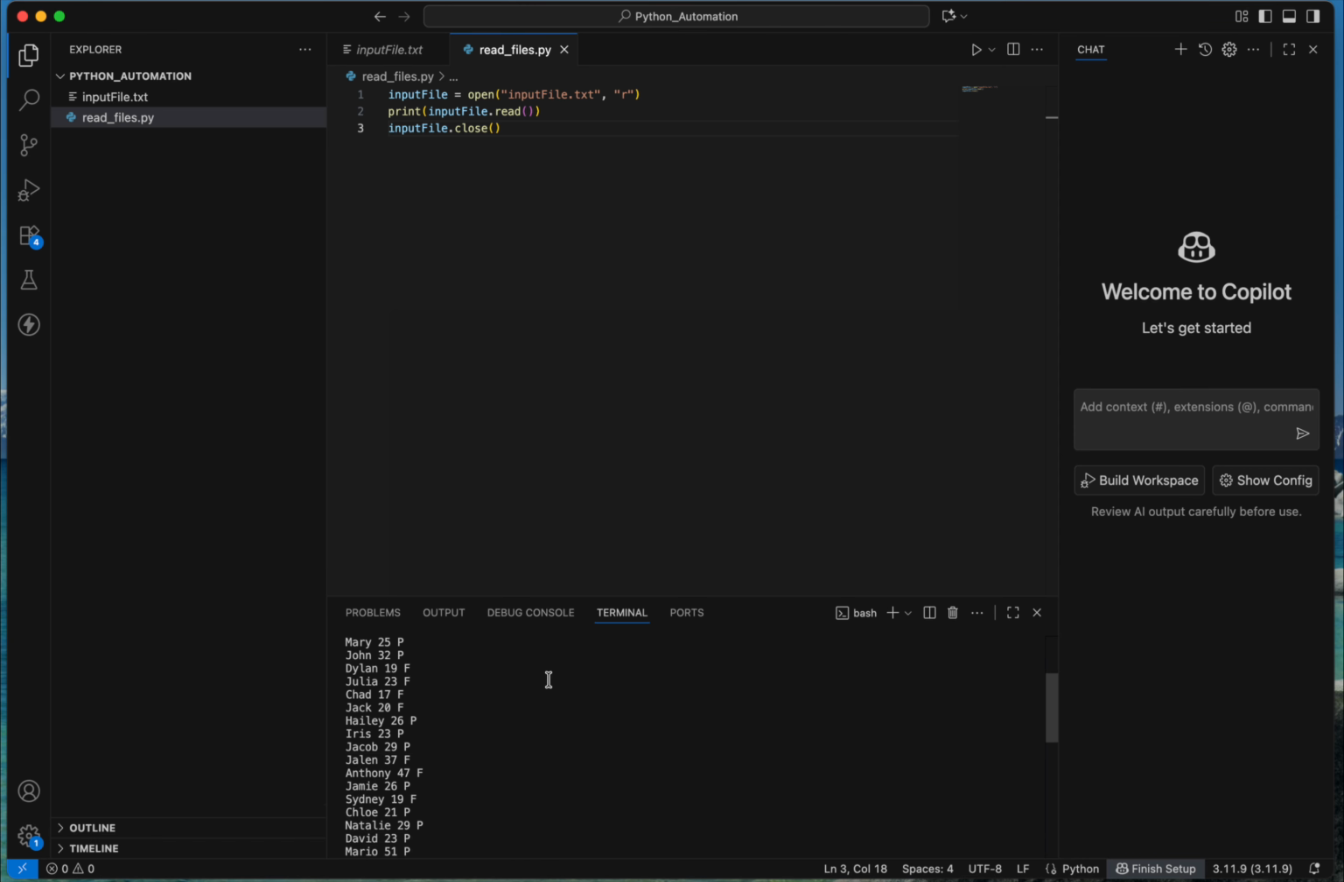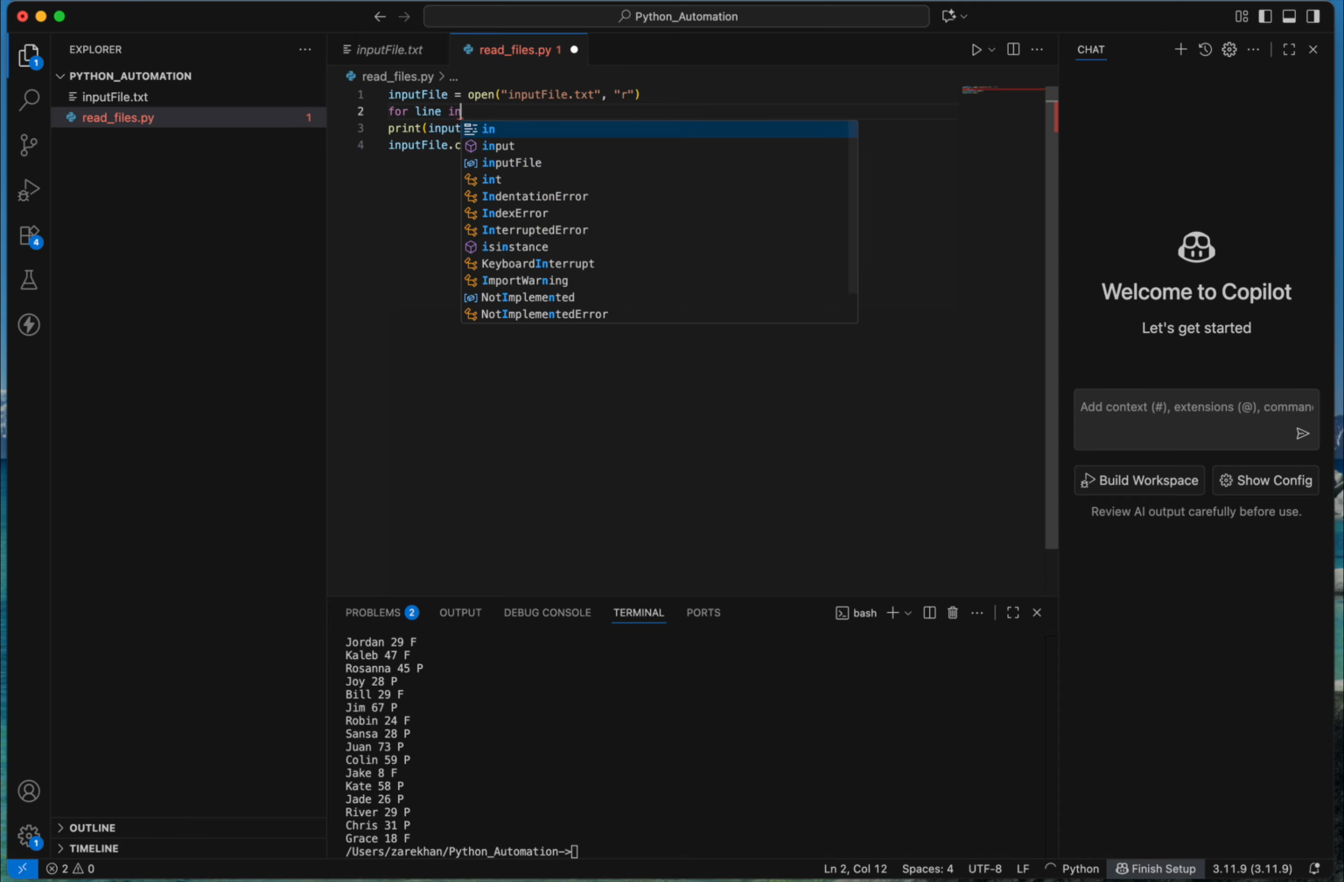So now let's take a step further. What if we only want to print the names of the people who passed the driving test? To do that, we need to iterate through each line in the file using a for loop. So here we're going to do for line in input file,